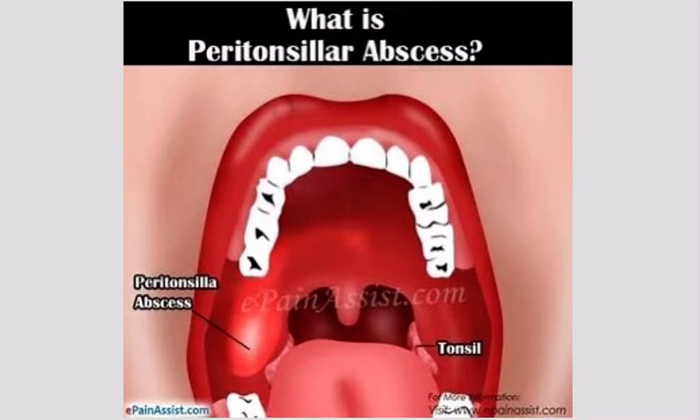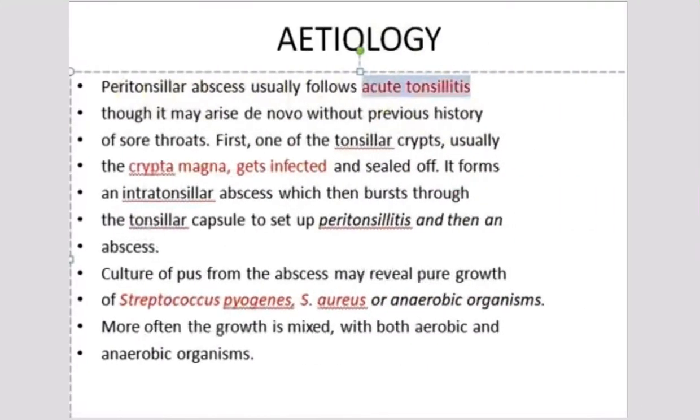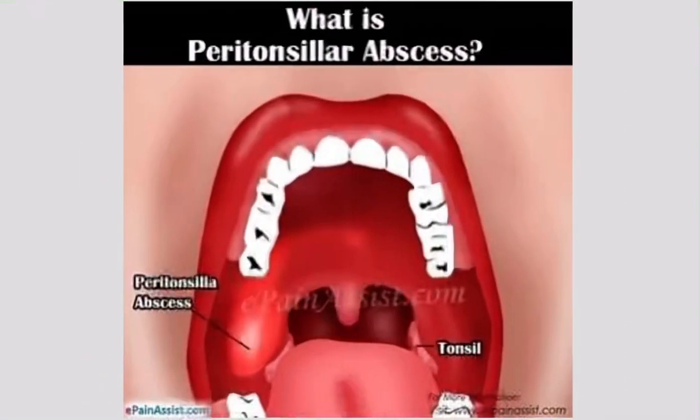We are going to study an ENT topic called peritonsillar abscess, also known as Quinsy. Before understanding the etiology, let us know the definition of peritonsillar abscess or Quinsy. It is a collection of pus in the peritonsillar space, which lies between the capsule of the tonsil and the superior constrictor